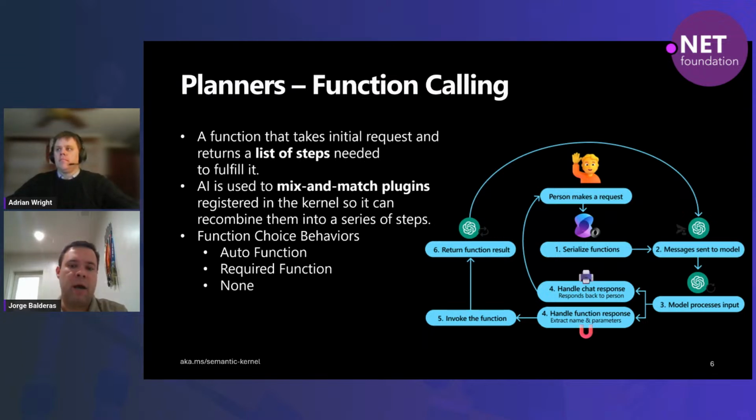And if it decides to use one of your plugins, you can see in the flow in number 4 how it's actually invoking your function, getting a response back, feeding it back to the model, and then it's looping, iterating through that as many times as it needs, depending on the plugins that you're making available. How it accomplishes that is using something called function choice behaviors, and we'll show that in the code.